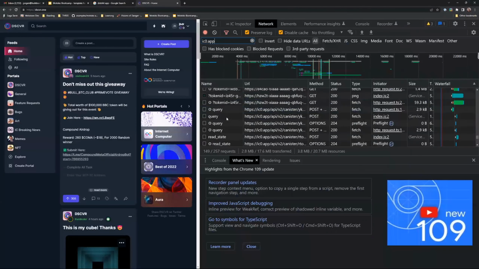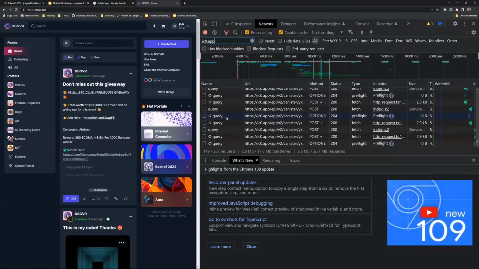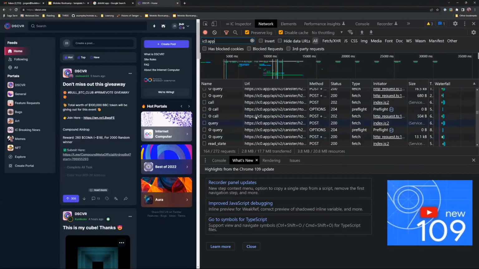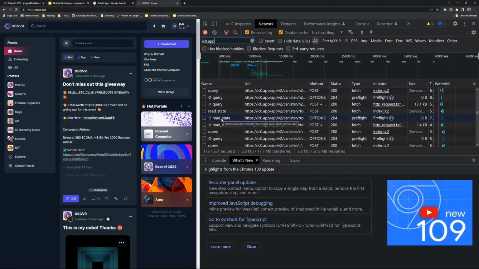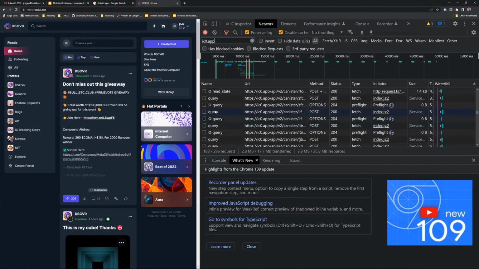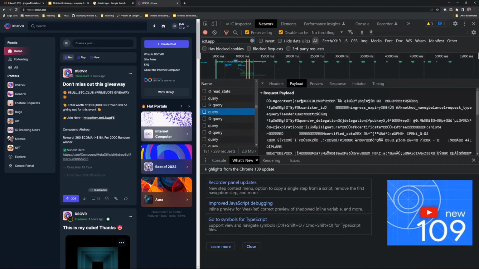These read state requests that we're sending are one part of an update message. So when we're sending an update message to the Internet Computer, we send multiple requests from the browser. We send initially a call where we pass the parameters of our update request, and then we send a series of read state requests to the boundary node attempting to read the response of our update. So if we take a look at one of these,